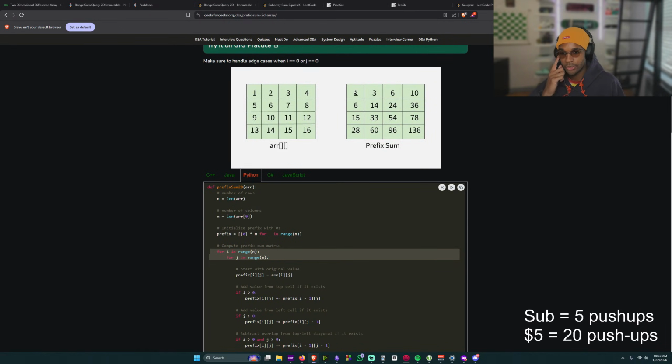Oh, that means we added 1 twice because this is the prefix sum of this column here. So we need to subtract the number we added twice. Oh, so it wouldn't have been 14. It would have been 6 plus 6 is 12, plus 3, 15. But we add the 1 twice, so it's over.